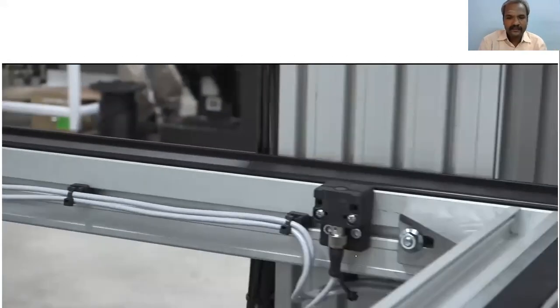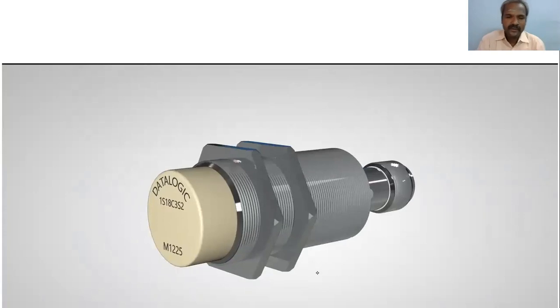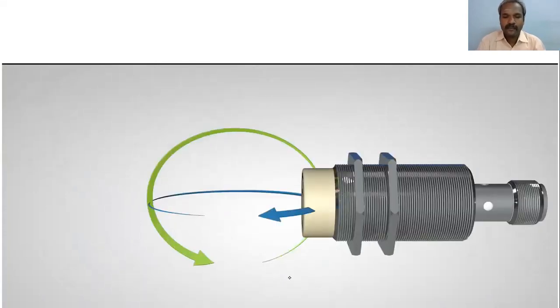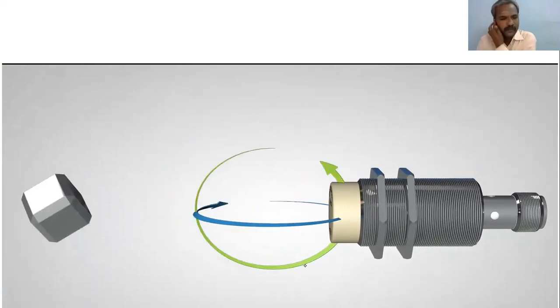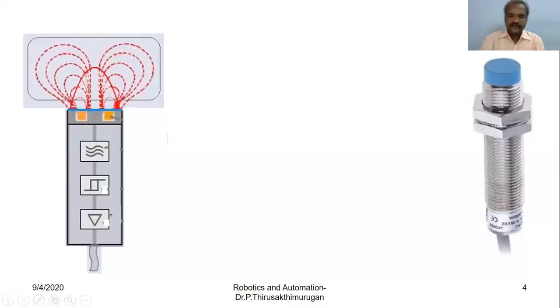Similarly, you see here, these black colored parts are proximity sensors mounted on the cable. So this is a typical inductive and capacitive proximity sensor probe model. When an object is in the neighborhood, it will detect. See here, this is the typical probe. We have seen that probe, right? A small probe similar to this. So this is the probe.